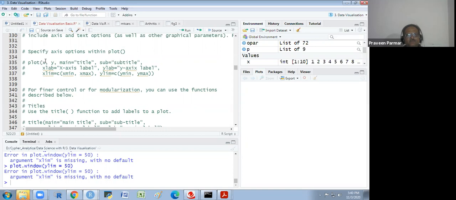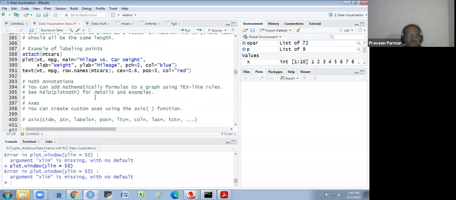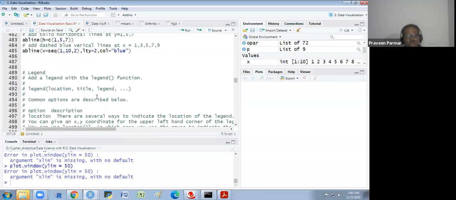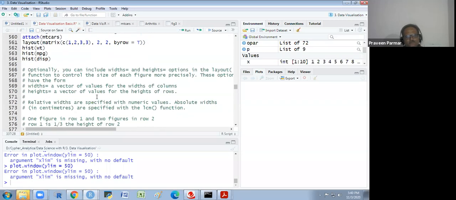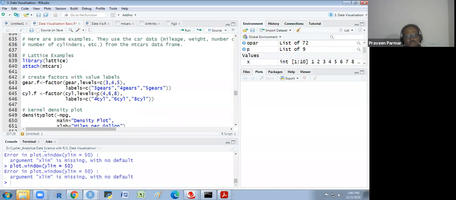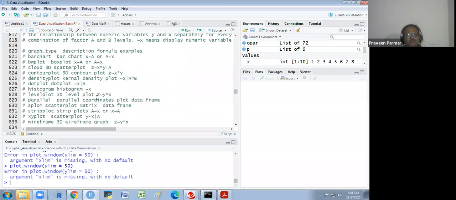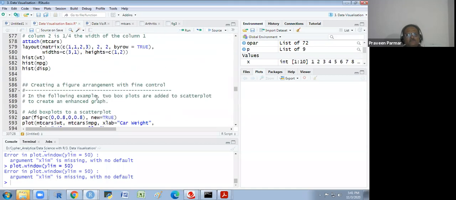You see, in the plot, we write inside it. Okay, I do it. A minimum and the maximum we have to write.